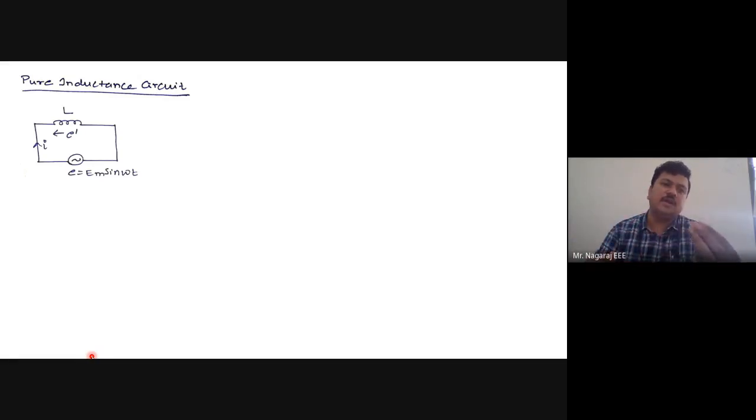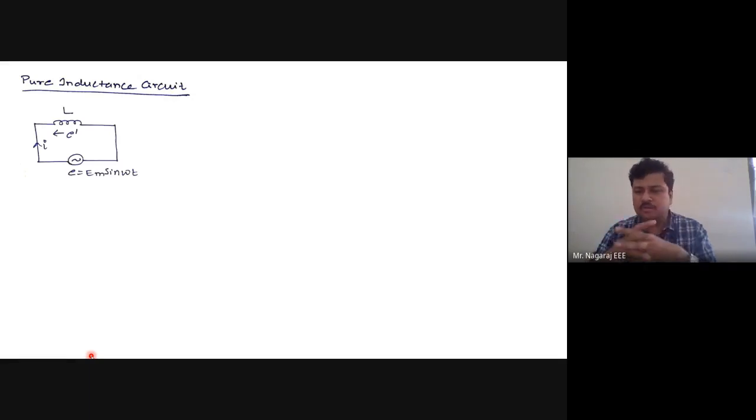Now take the incandescent bulb. The filament that you observe is in the form of a coiled spring. It appears as a coil, but it is pure resistance. The inductance of the incandescent bulb is zero. It is a pure resistive element. So the inductance of any wire can be obtained at the time of the fabrication process only. Later I cannot have it.